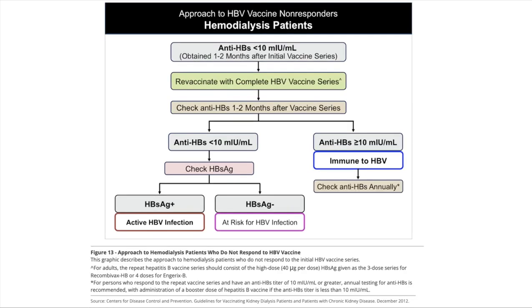An interesting thing we were just talking about in VA clinic was checking serologies to see if we needed to revaccinate someone who has already been vaccinated. We don't do that for HIV patients who have successfully responded, but that is done in the dialysis population. So for a dialysis patient, everything else we talked about is true. If they failed once, revaccinate them at high dose. However, if they mount an immune response and show successful response to the vaccine,